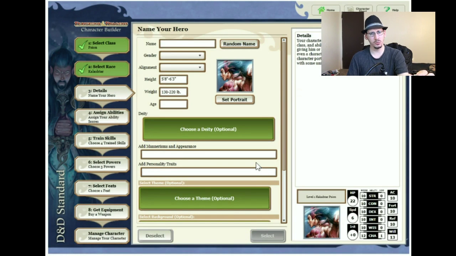All right, and now here's where you can fill out the details for your character. You can describe them. You can give them an age. You can give them a gender. You can choose their alignment. In this case, I kind of want a neutral good character, and I want her to be